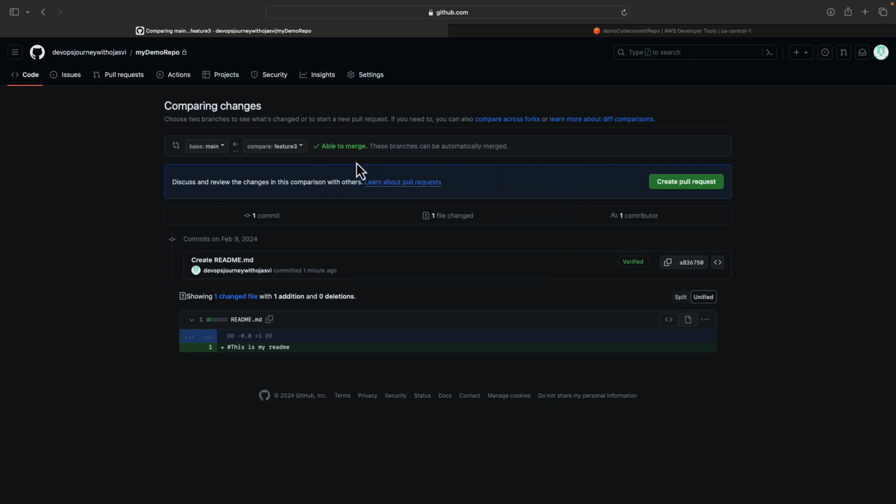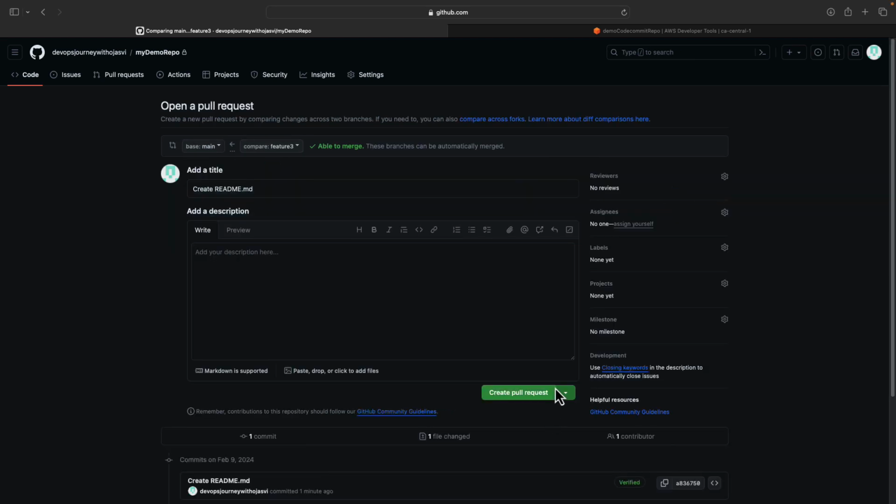Right now there is no conflict. It is saying able to merge. It is also showing me the differences, what is going to change if I merge my feature 3 into main. As we know, we had created a new readme file on feature 3 which was not there in the main. If I go ahead and create a pull request, it will ask me for a description, why this pull